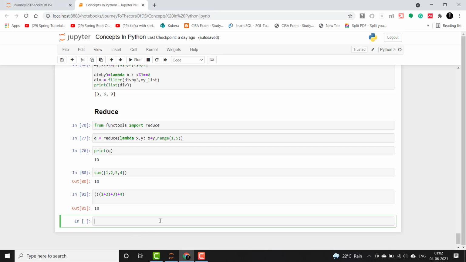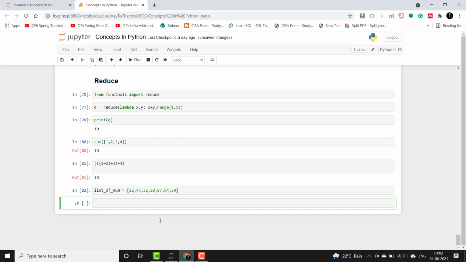Let's say that we want to find the largest element in a list. Let's check how to do it using the reduce function. Let us have this variable which stores a variety of elements, which is not in sequential or sorted order, and you can see how reduce will reduce it to a single element and give the largest element of it.